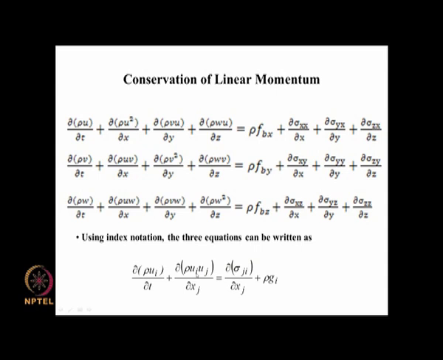So, what is the value of i? That is defined by this term here. If i equals 1 here, it is also equal to 1 here. So, when you put i equal to 1, you are looking at momentum conservation in the x direction. When you put i equal to 2, you are talking about momentum conservation in the y direction, and z direction for i equal to 3. So, now if you consider, for example, i equal to 2, that is momentum conservation in the y direction. So, u2 is v.